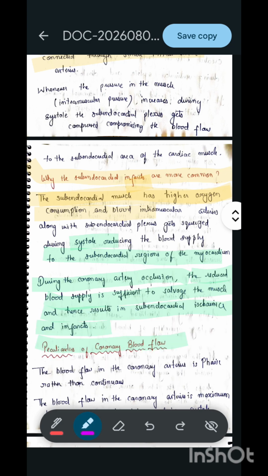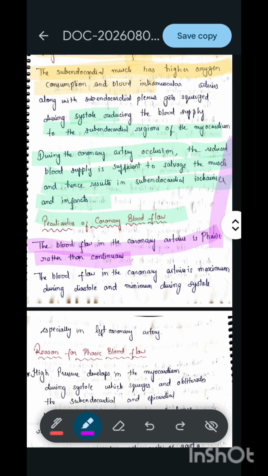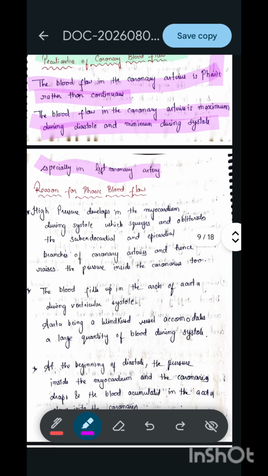So, what are the peculiarities? The blood flow in the coronary artery is phasic rather than continuous. It reduces in systole while it increases in diastole because of variation in the intramural pressure. Blood flow in the coronary artery is maximum during diastole and minimum during systole, especially in the left coronary artery. Of course, the left ventricular musculature is